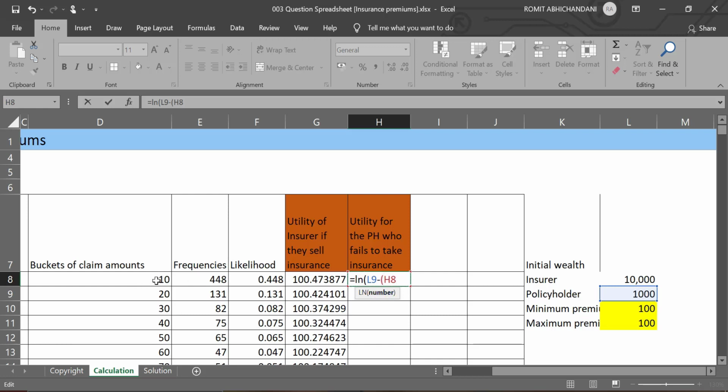So in the first interval it will be 10 minus 5, 5. Second interval it will be 20 minus 5. Third interval it will be 30 minus 5, right? So I'll just take it to be whatever is the value here. So it will just be, so it's the log of,